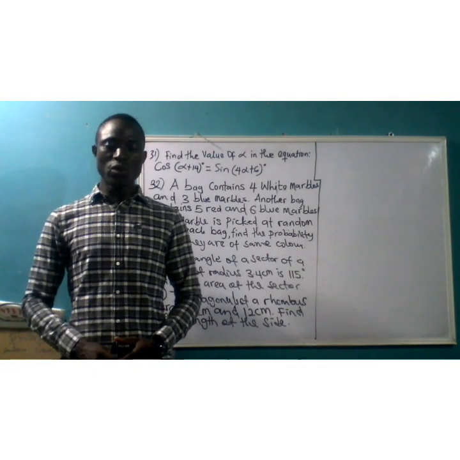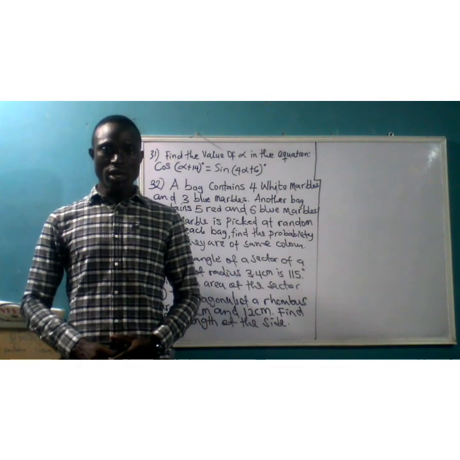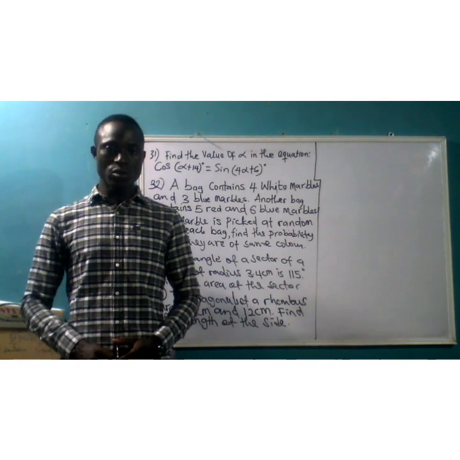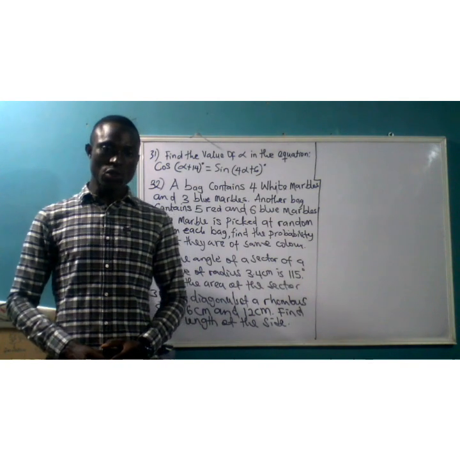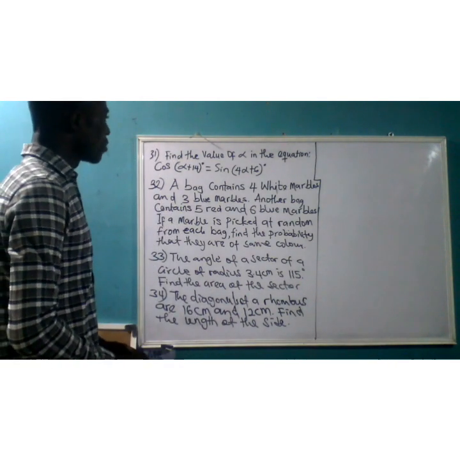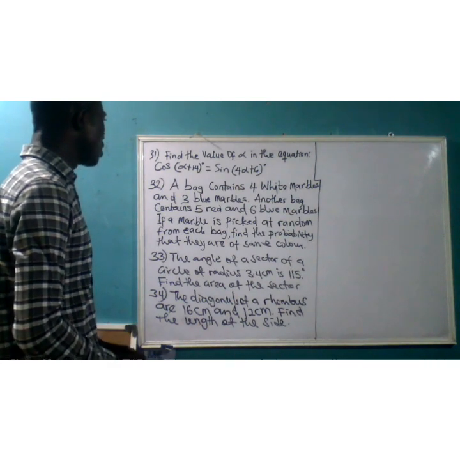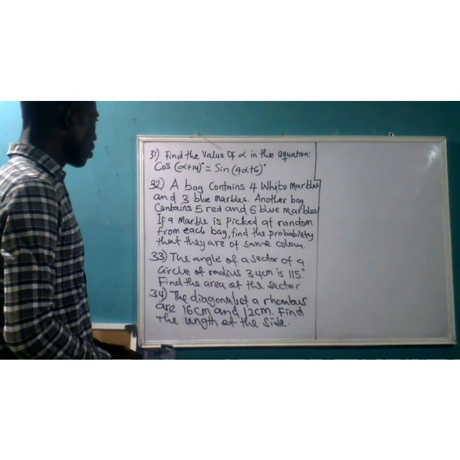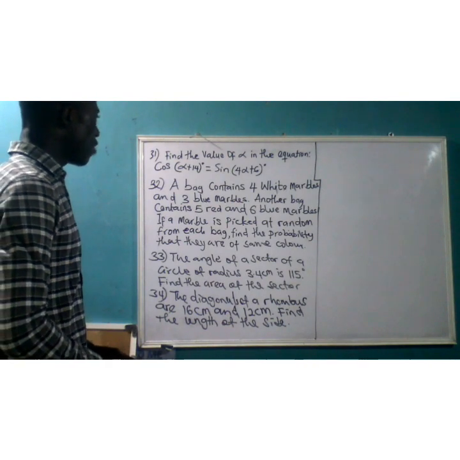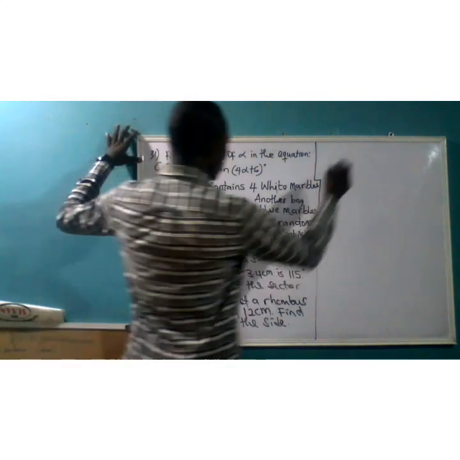Still on the revision of WAEC 2023 mathematics paper. Today I'm going to take question number 31 to 35. Now let's take question number 31. Find the value of alpha in the equation cos(alpha + 14) degrees equal to sine(4 alpha + 6). Now, to solve this question,